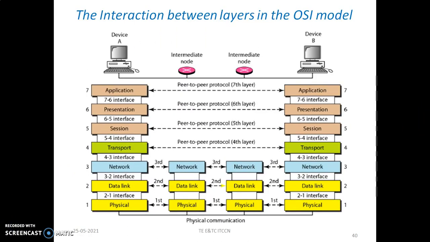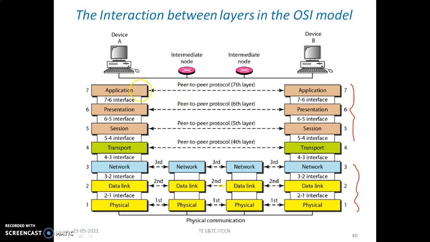Now, how does the interaction occur? We have seen this pictorial diagram. The 7 layers, based upon their functionality, can be studied in 3 groups. The network layer, data link layer and physical layer can collectively be called the network supporting layers. The upper 3 layers can be called the user support layers, and the transport layer coordinates this subgroup with that subgroup, making sure that the data conveyed by the network supporting layers is well understood and applied at the user supporting layers.